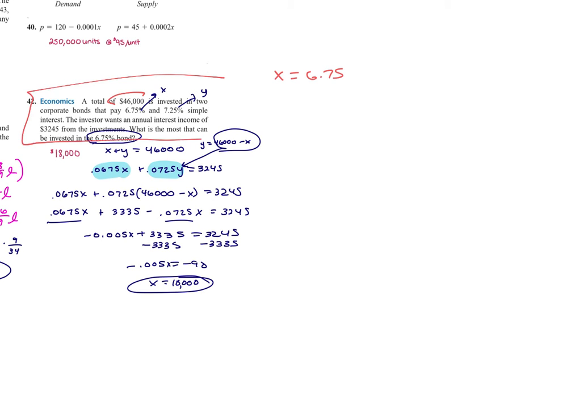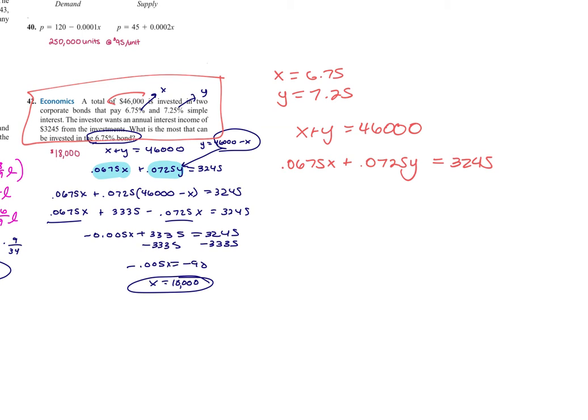So for 42, I'm going to make X 6.75 and Y 7.25, or the money invested at that. Then I would say that X plus Y equals 46,000. 0.0675X plus 0.0725Y. If it were to hit the exact amount they want, it would be